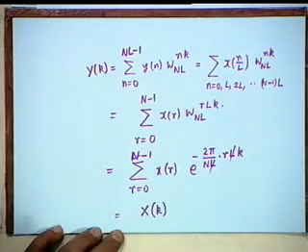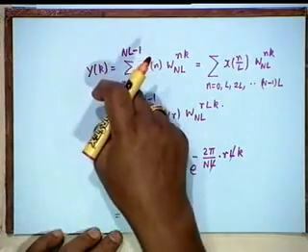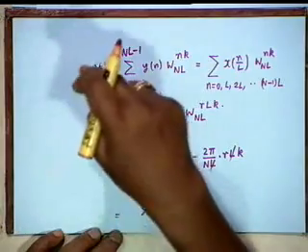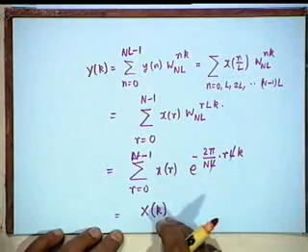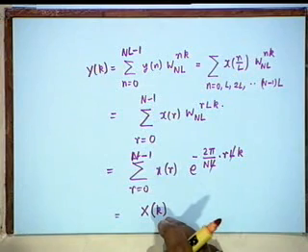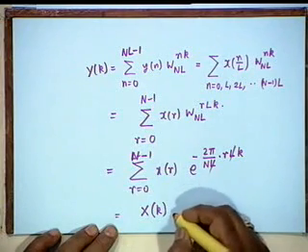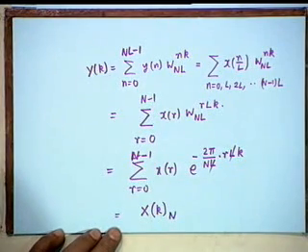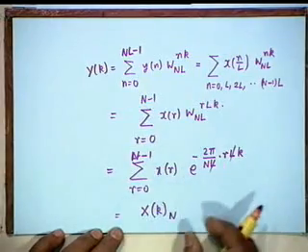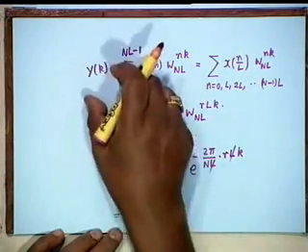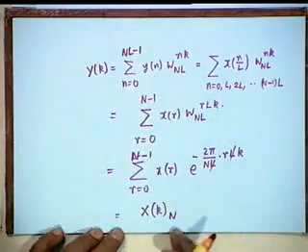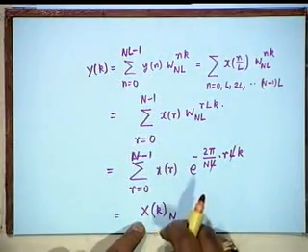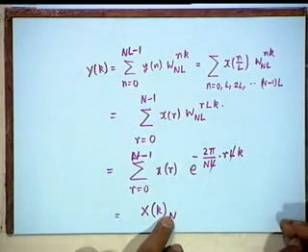But there is a problem. Do not leave it here, because Y of k exists from k equal to 0 to capital NL minus 1. Whereas X of k exists only from 0 to N minus 1. So, it has to be modulo N. Is that okay? X of k will repeat, and Y of k, the DFT up to capital N points, is identical with this, then it shall repeat. How many times? L times. Okay, very good.